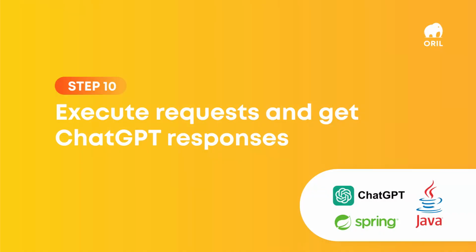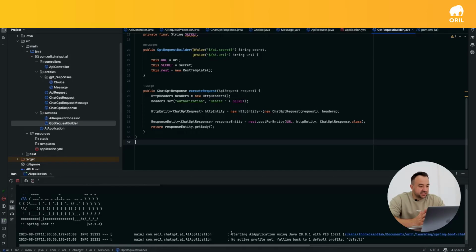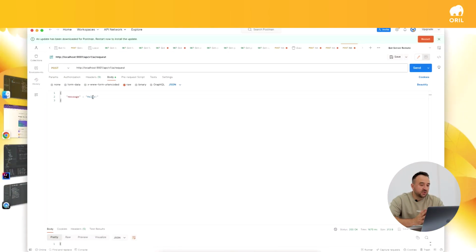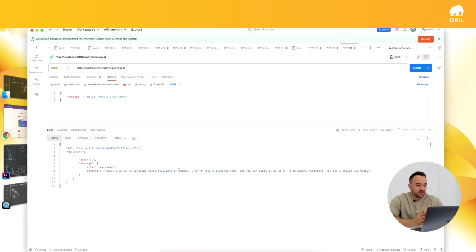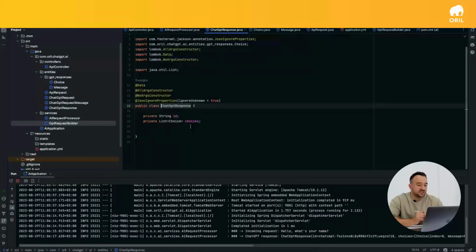Step 10. Execute requests and get ChatGPT responses. Okay, everything looks ready to test our flow. Launch the project and go to Postman to make the first request to ChatGPT. To start, let's ask who we are talking to right now. After sending a request, you will notice that it replies to you indicating that you are talking to an AI